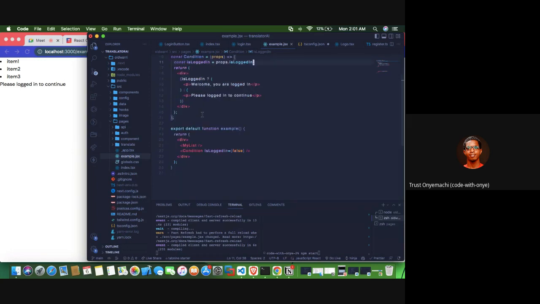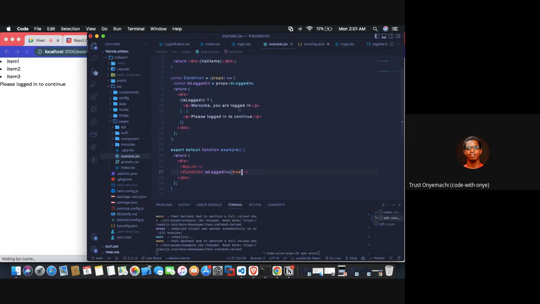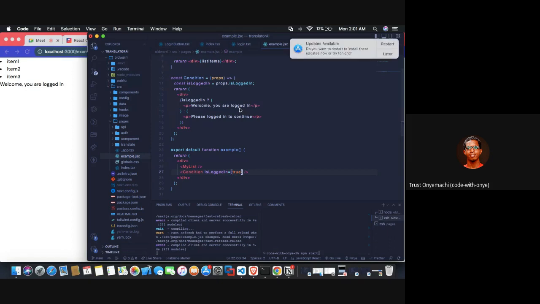Okay, now let's have another component, let me make it true. So it's going to say welcome, you are logged in, the same way. But now this is actually dynamic, passing it as props. Welcome, you are logged in. So this is the way you can use props to check if someone is logged in using ternary or filter,